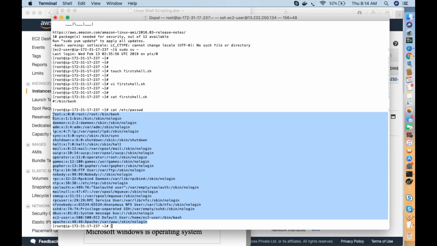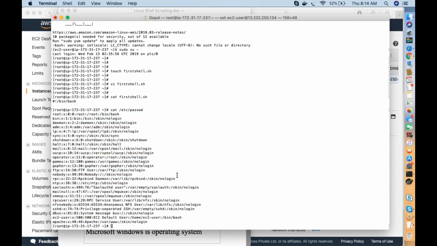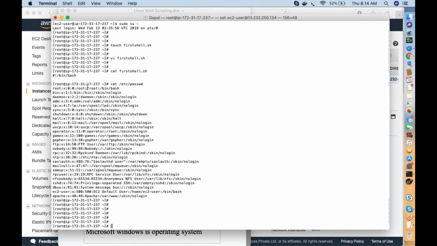See here carefully. The root user has /bin/bash at the end, it has a bash profile. But if you see /sbin/nologin, nologin, nologin, nologin, shutdown, halt, nologin, nologin, no one has the bash profile. Only the ec2-user has. Even the Apache user which we installed yesterday, the Apache software, also has nologin.